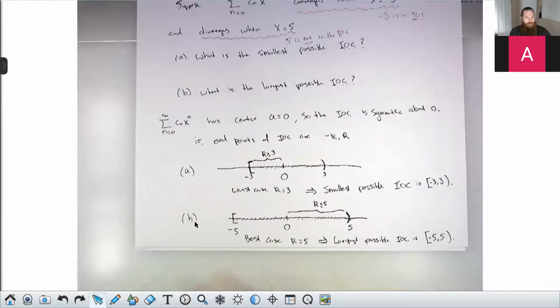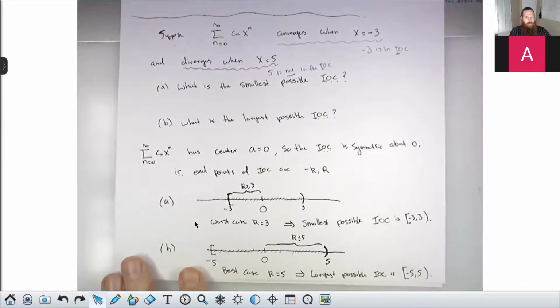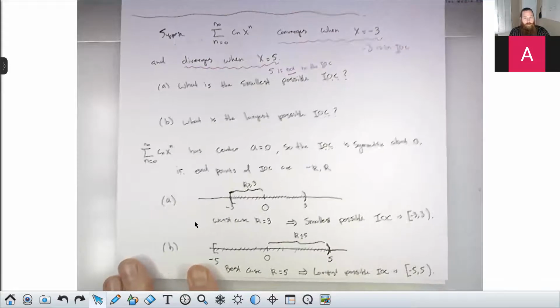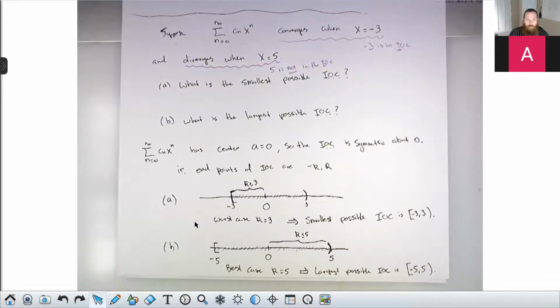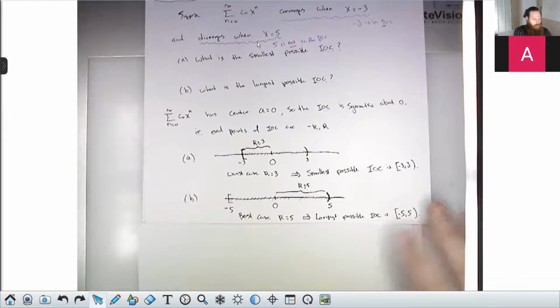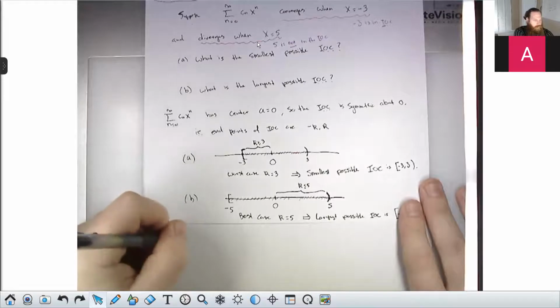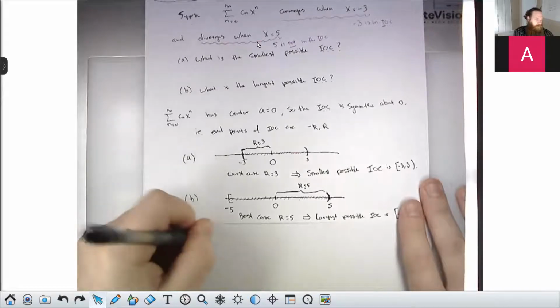Now, why am I doing this? These questions don't necessarily look like the question I said I was going to solve. This is the stuff you need to do in order to solve those sort of questions. So I could ask you, what could you tell me about the series sigma cn 2 to the n? So the sort of questions that I would ask on a test here are, what can be said